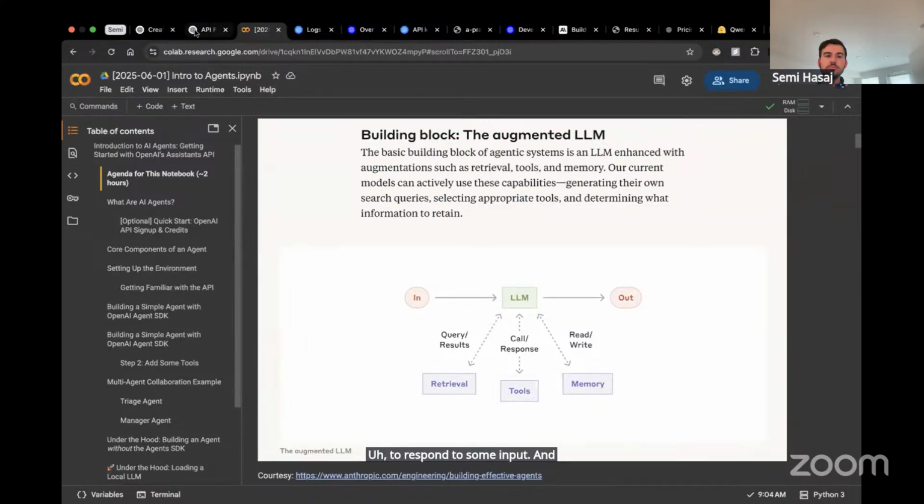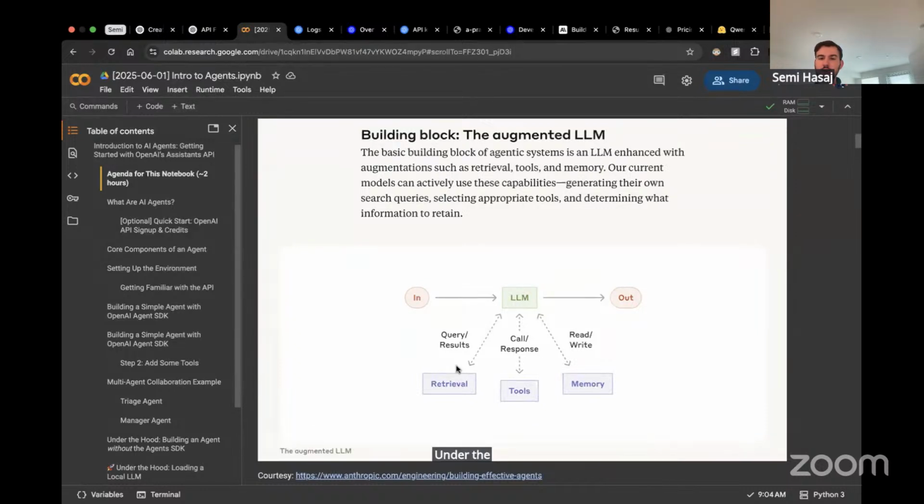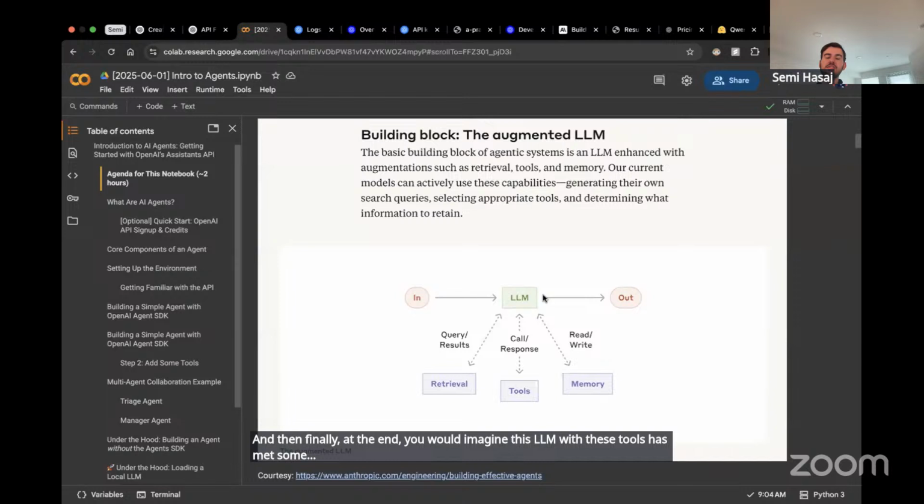And when you talk to ChatGPT, actually, you'll notice maybe it'll search the web. Maybe it'll write some Python code for you. Maybe it'll write a file. All of these things are different tools that it's actually accessing under the hood to just try to solve the problem as best that it can. And then finally, at the end, you would imagine this LLM with these tools has met some condition. It's like, okay, I think I've solved the problem.